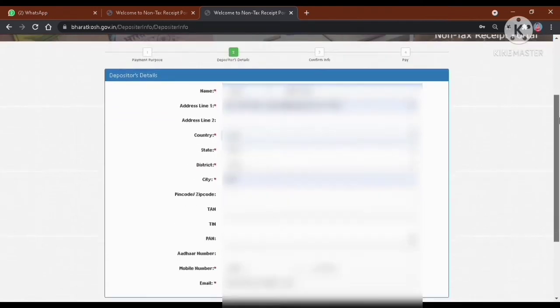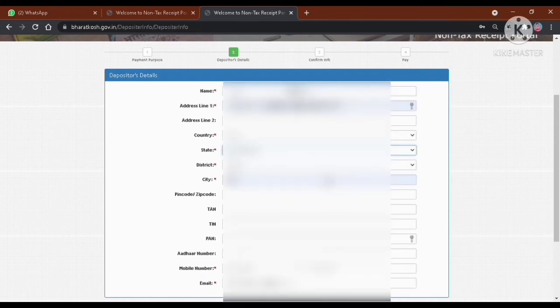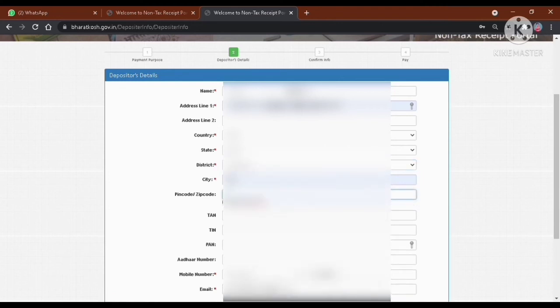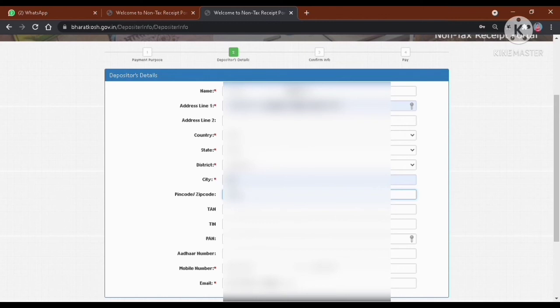So I am filling all the details. After filling all the details, again down below you have to fill CAPTCHA and then click on next.